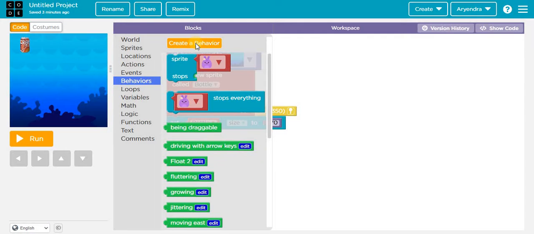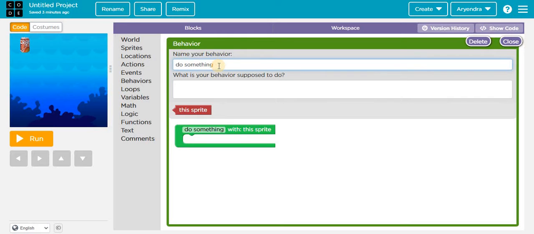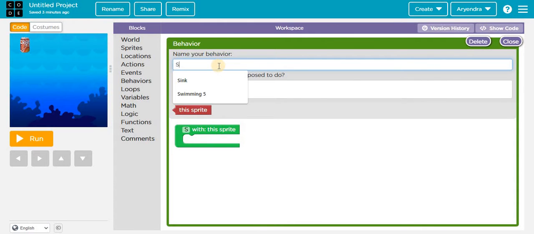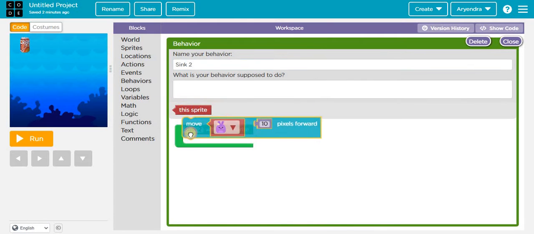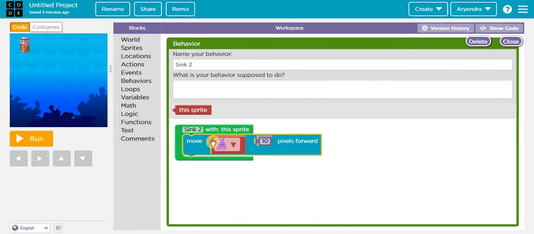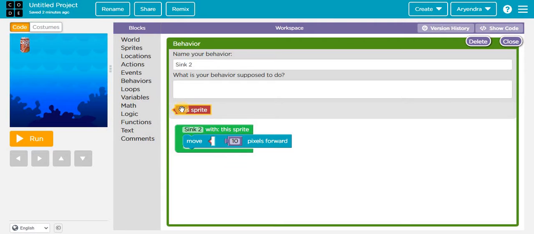So now we have to create a sink behavior also. So create a behavior. Name it as sink2. Now we have to go to actions. Move this sprite 10 pixels forward, then remove it. Take this sprite, drop it here,